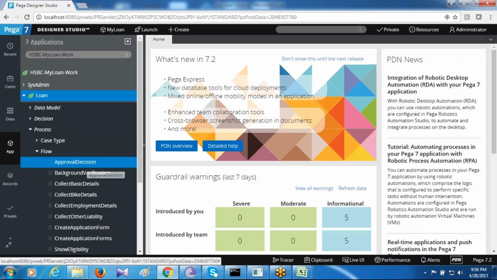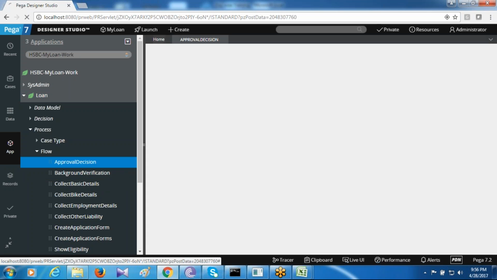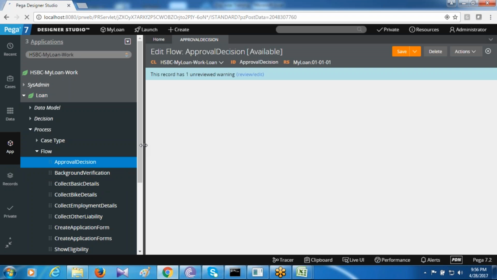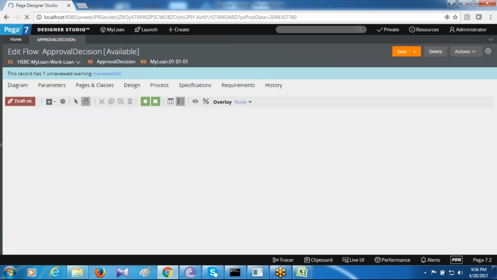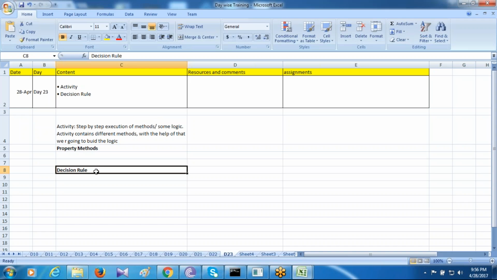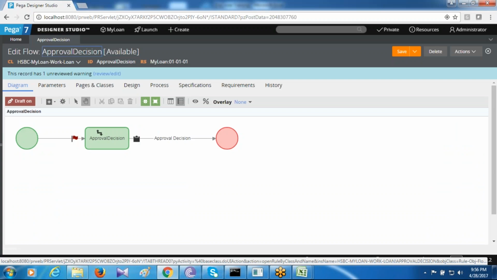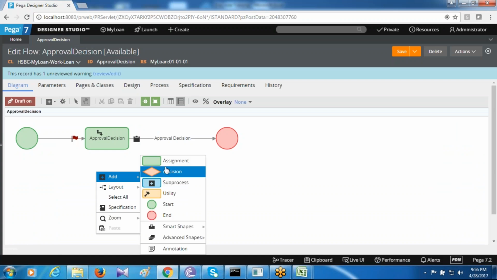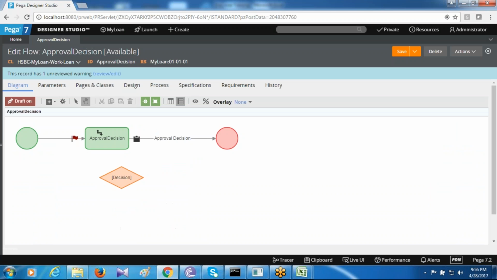Okay, we'll say approval decision. Now see, the name itself suggests decision rule. It means it is something related to decision, correct? So if I drag and drop here, decision shape,